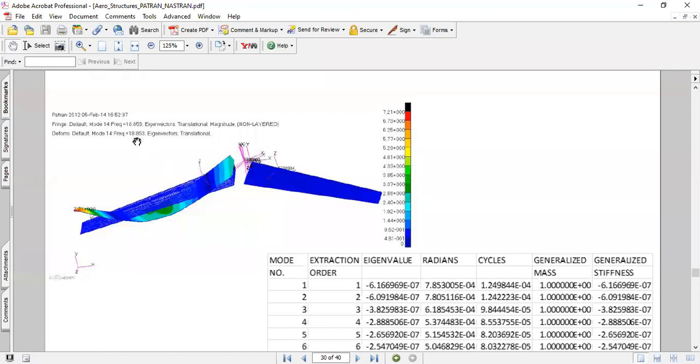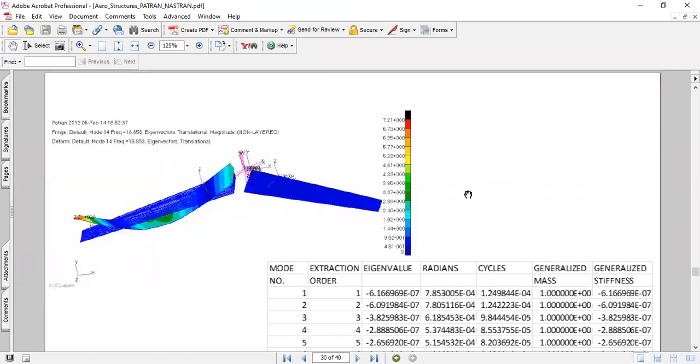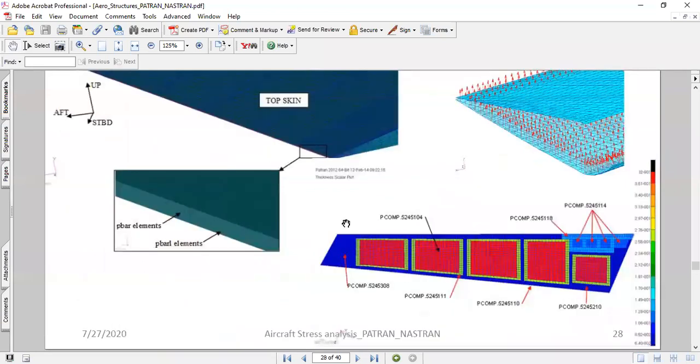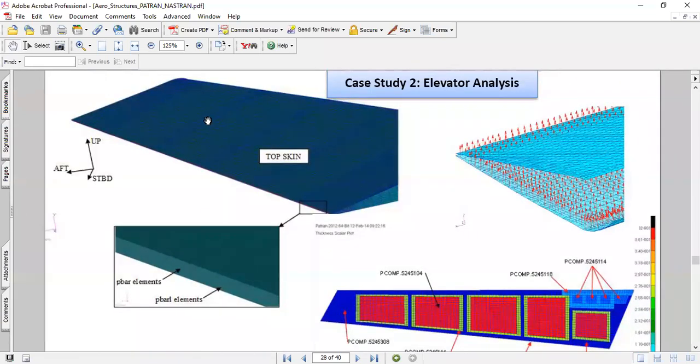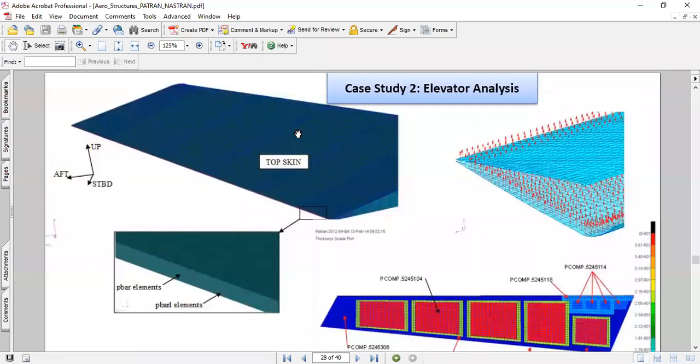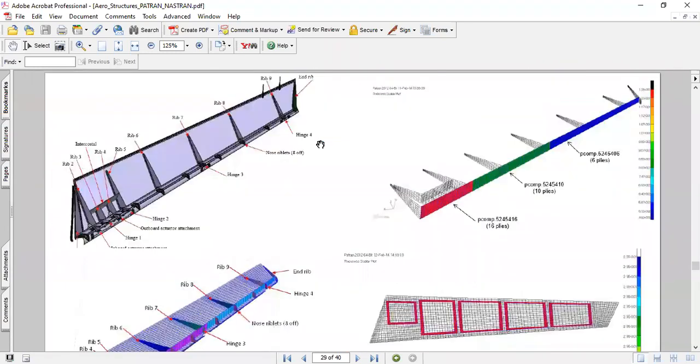Mostly these we also checked for because the elevator skin was a sandwich panel. It had a 3 PCF core panel, aramid core. So we checked for the composite failure criteria like intracell buckling, shear crimping, and core shear, etc.